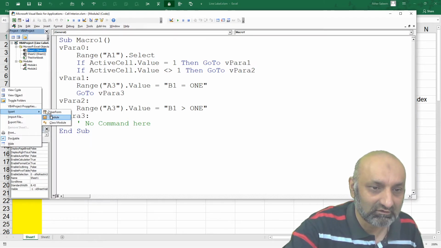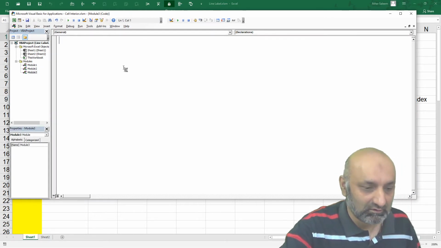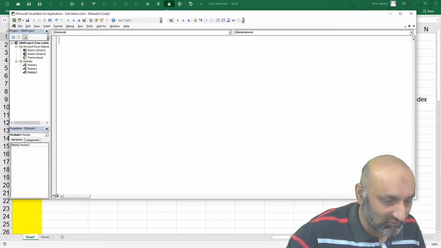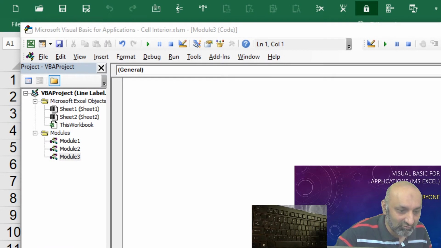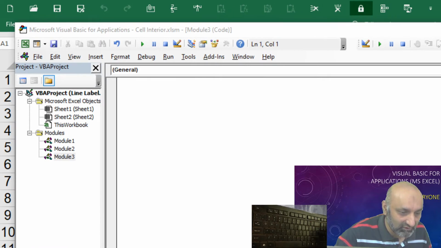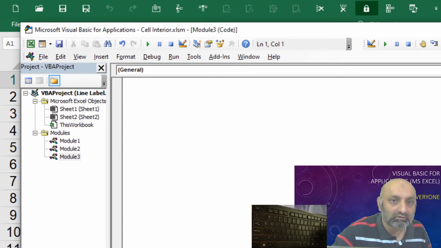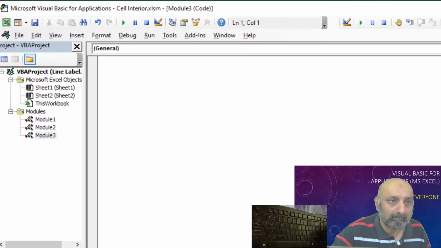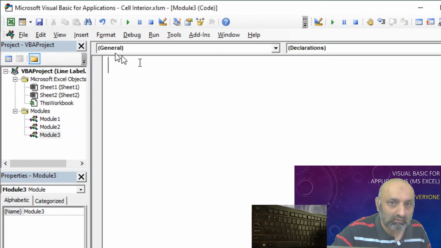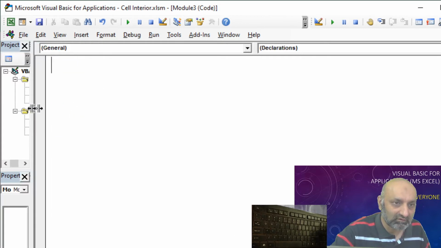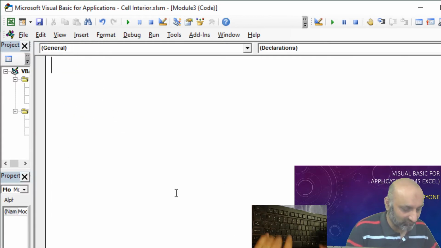Insert another module. I hope you can see. Let me try to zoom, and this time let's hope the zoom will not hinder the view. I think this is visible, but still let's do it this way.